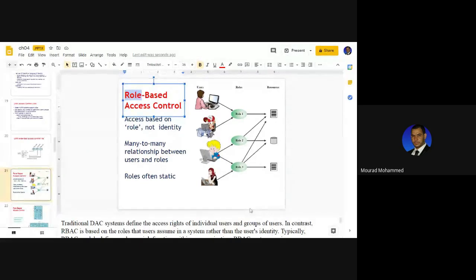So as per this graph here, if you want this teacher, for example, this instructor, to access the database, the resource number 2 here, what should we do? We have to draw a relationship between this user, this instructor, and the role 2, because this role 2 accesses the resource. The user, the instructor, does not have access to the resource directly.